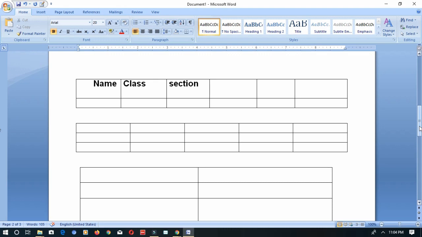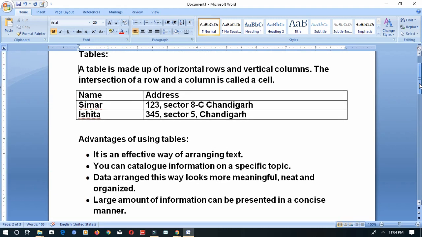Now let's see how to select text in the table. Let's go to the previous table which we have created. First, if you wanted to select only one word in a cell, that can be selected by double clicking. If you wanted to select the whole text in a particular cell, you should triple click the left mouse button. Next, if you wanted to select a whole row, go to the left side, where you see the pointer arrow, and click on it near the corner of the row. You will see that it is selected.